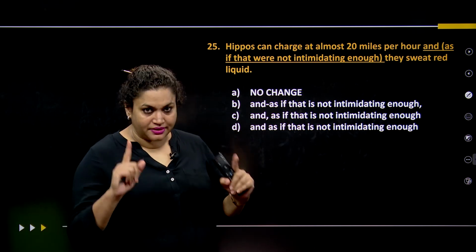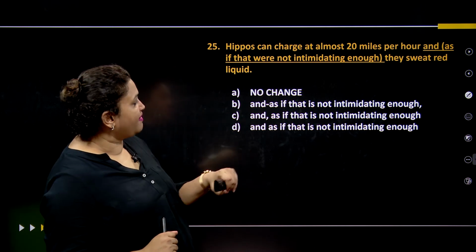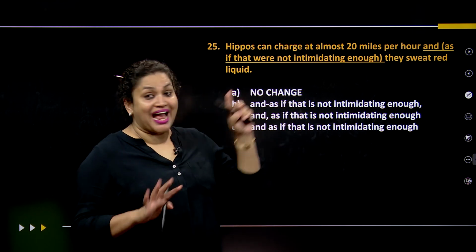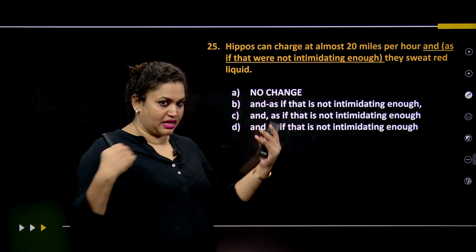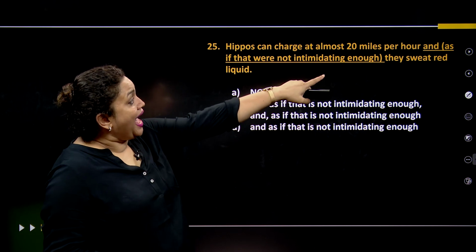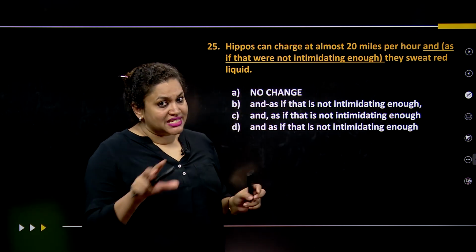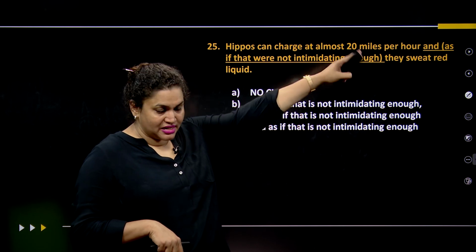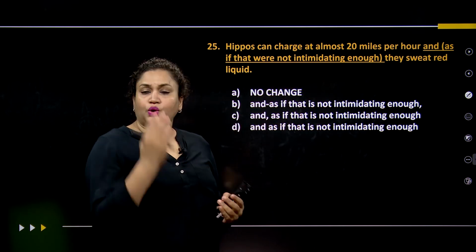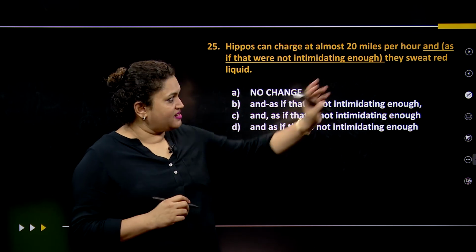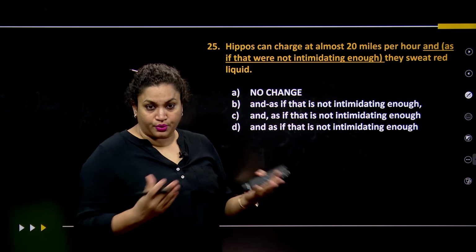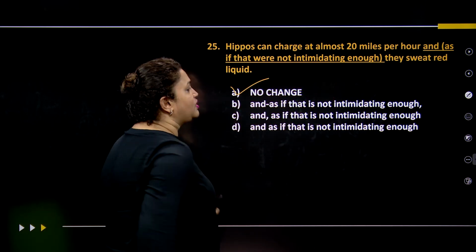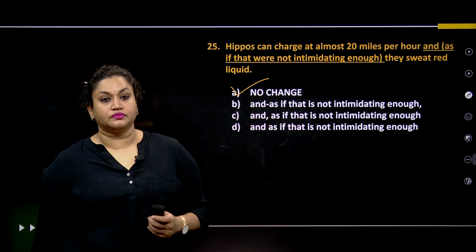Completely makes sense, right? So what we will do is let it remain in the brackets, because "and" is important, as both of these things are important. Imagine removing the phrase, stripping it off, and it starts with a bracket and ends with a bracket, therefore it is right. You cannot put a comma after "and" and put a comma here, it will not work because you have a conjunction there. So no change is the only answer.